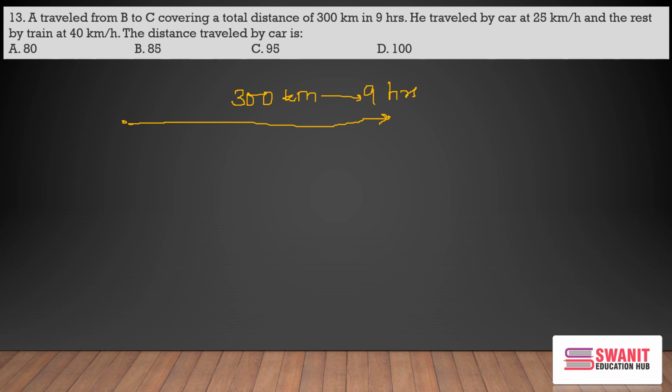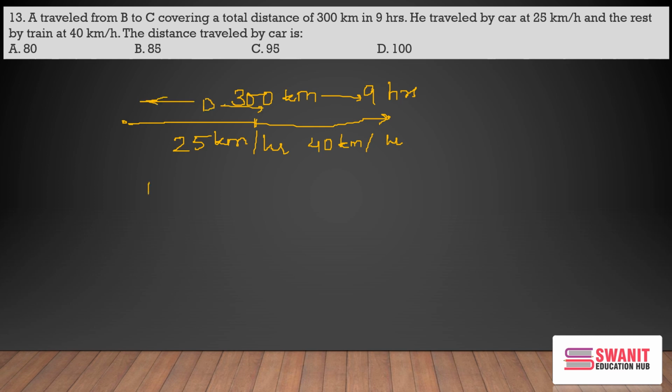So he traveled by car at 25 kilometers per hour and the rest by train at 40 kilometers per hour. So 25 kilometers per hour is the initial speed for some distance, and then 40 kilometers per hour is by train for some distance. So let's assume that he traveled a distance d by car,